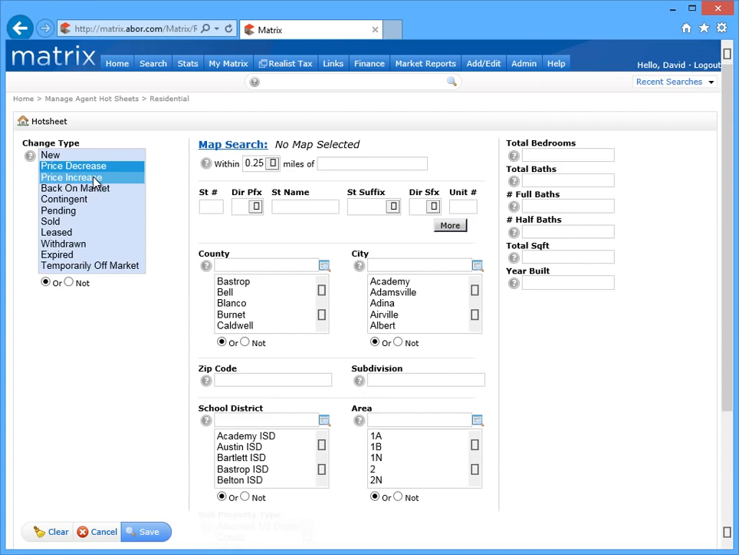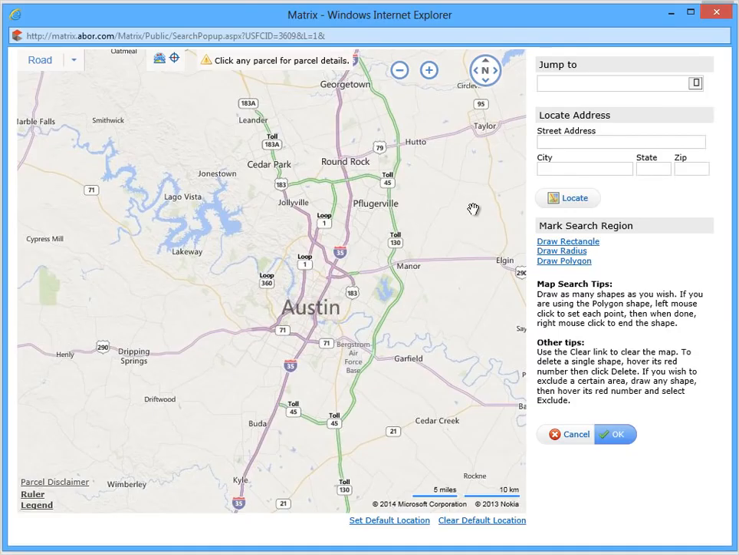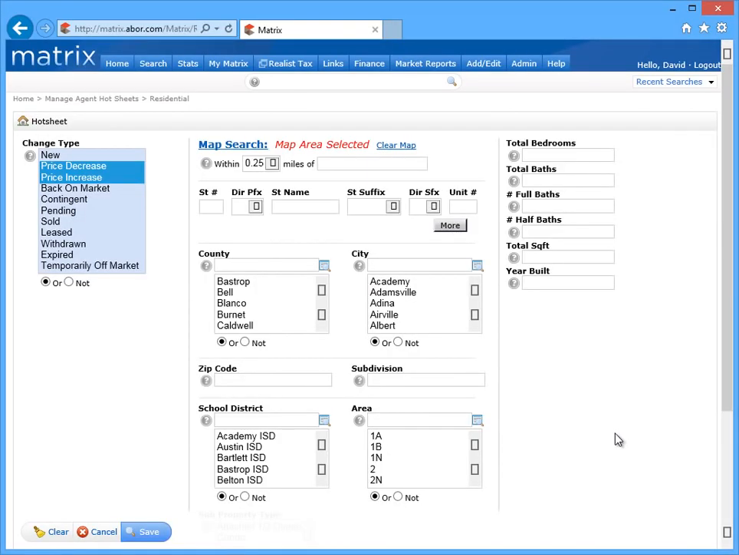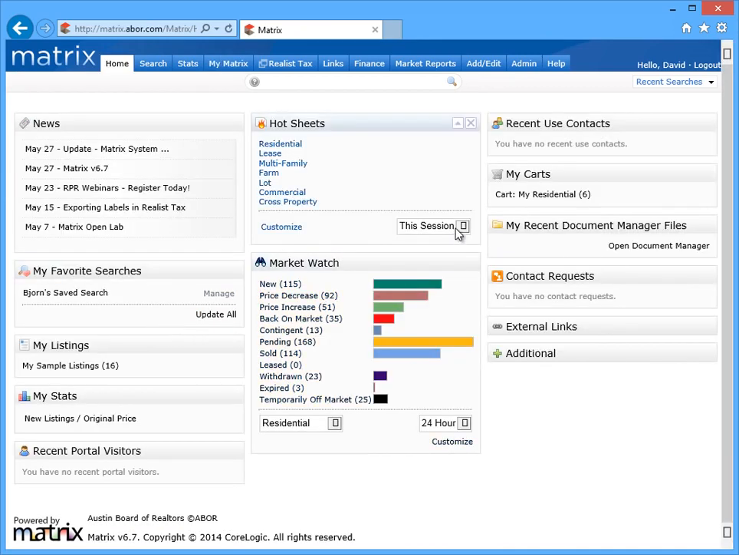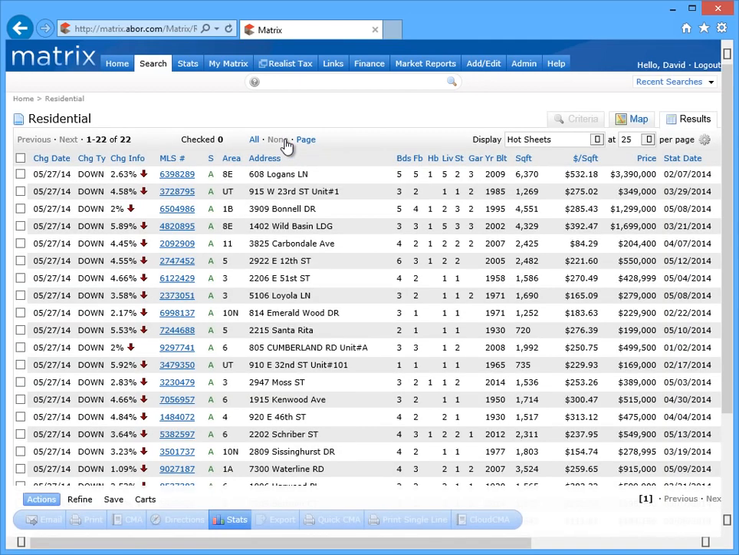Next, I'm going to limit the results to only display listings that have had a price change within a specific area. And I could do this either by entering a general area into any of these fields, or I can click this link and use the map shape tools to draw a very specific area on the map. All right, if there's no additional criteria to add, click on Save, and your new custom residential hot sheet has been created. So now, whenever I run a residential hot sheet, it will only show me listings that have had